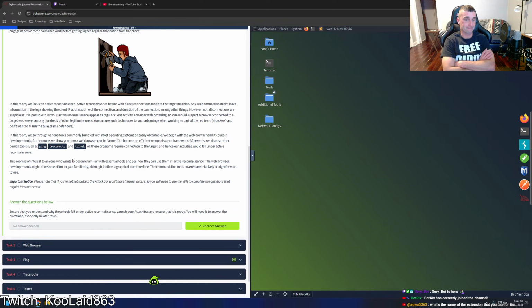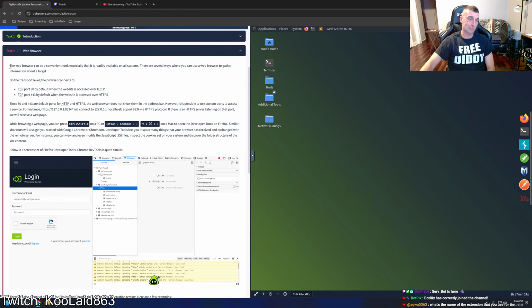This room is of interest to anyone who wants to become familiar with essential tools and see how they can use them in active reconnaissance. The web browser developer tools might take some effort to gain familiarity, although it offers a graphical user interface. The command line tools covered are relatively straightforward to use. Important notice: please note that if